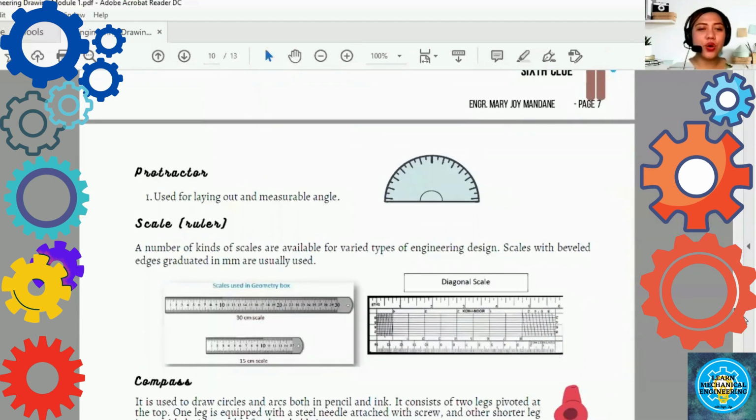Another drawing equipment is the protractor. It is used for laying out and measuring angles. Okay, so gumagamit din tayo nito, especially for drawing the isometric drawing. Okay, scale,